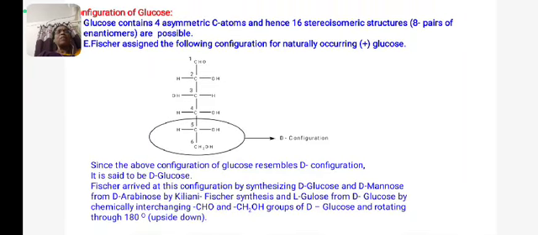Fischer arrived at this configuration by synthesizing D-glucose and D-mannose from D-arabinose by Kiliani-Fischer synthesis, and also L-gulose from D-glucose by chemically interchanging the CHO and CH2OH groups, that is the terminal groups of D-glucose, and rotating through 180 degrees upside down. Thus, finally, we can arrive at this configuration for the linear structure of glucose, in which the first carbon atom is the CHO terminal group, second carbon atom hydrogen on